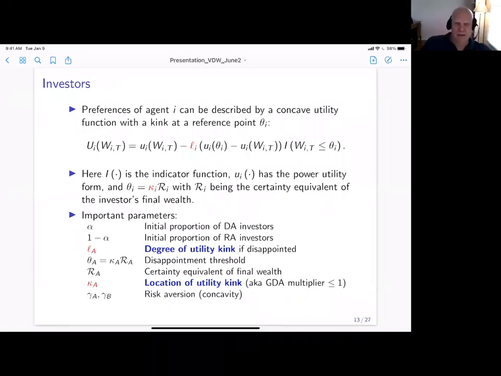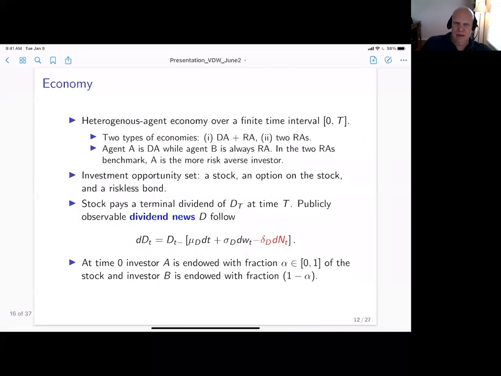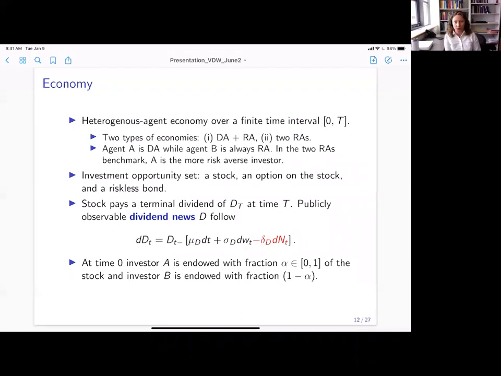Can I jump in and ask a clarifying question? On the previous slide, there's only one option available for trading? Yes, here we only need one option to complete the market because we have Poisson jumps with constant intensity and constant jump size, right? So one option is enough to complete the market. But if I want to study the options across moneyness, what I'll introduce is stochastic jump sizes, and then multiple options will be needed.